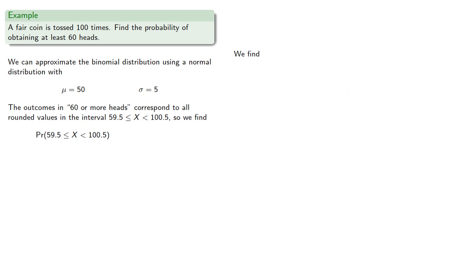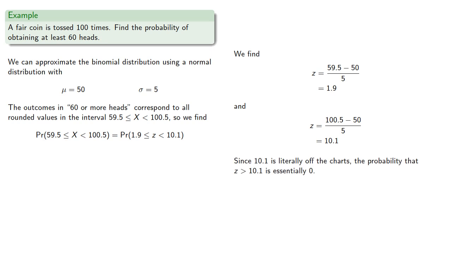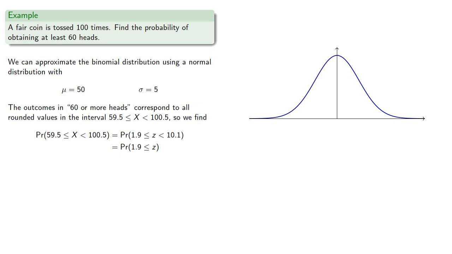We'll find the z-scores. And since 10.1 is literally off the charts, the probability that we're outside beyond that region is essentially 0, so we can ignore this boundary. And so the probability we're greater is complementary to the probability we're less, and we can look up our values in the table, and we find